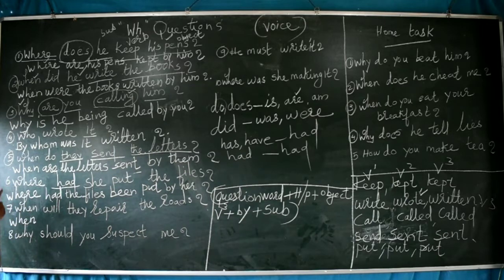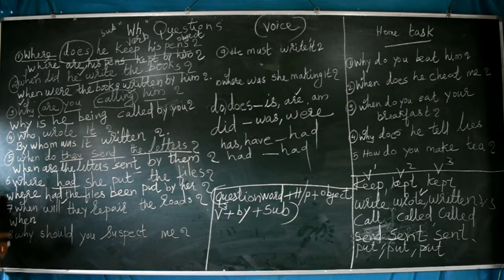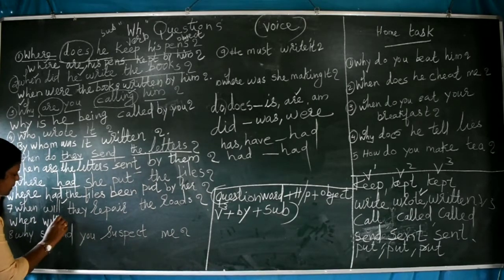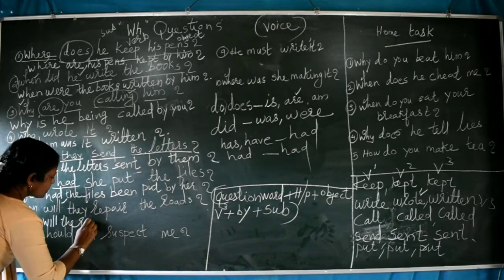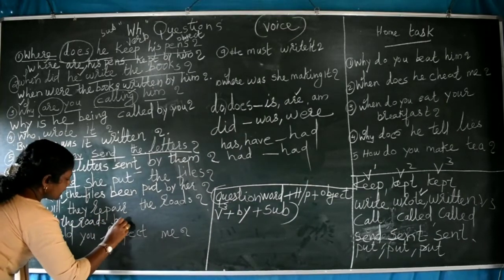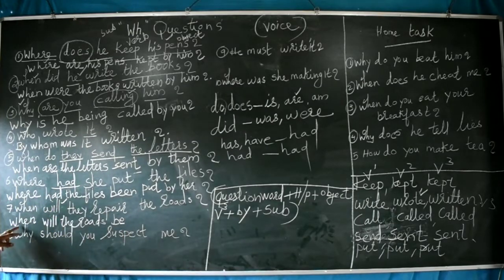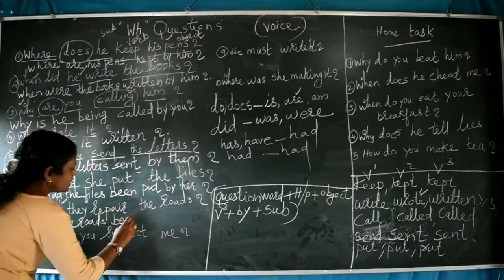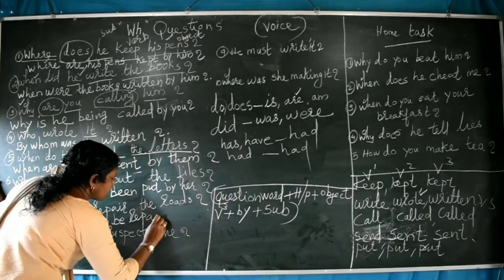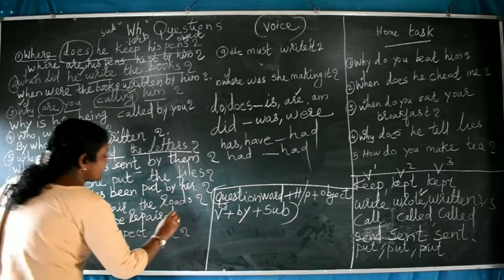Now next one, same way, when, and this is future tense. Shall, will, can, could, may, might, all these are future tenses. In the future tense we use be, don't forget. When will come, be. So when, and again no singular plural. With I and we use shall, and for the remaining all will, no singular plural. When will the roads be, this don't forget, extra one we add. When will the roads be, and third form of the verb, repaired by them.